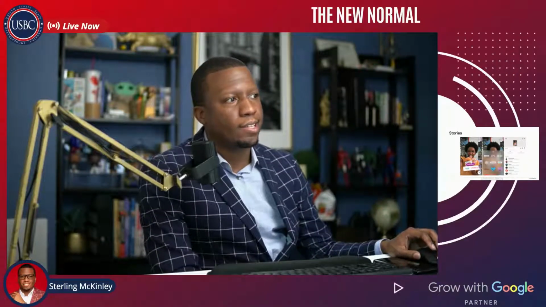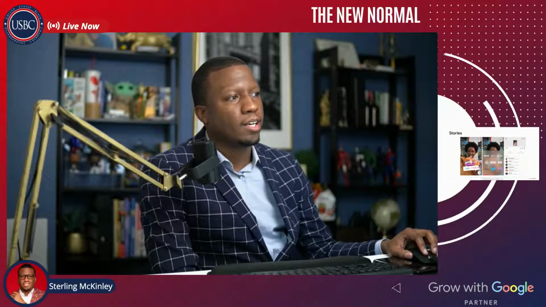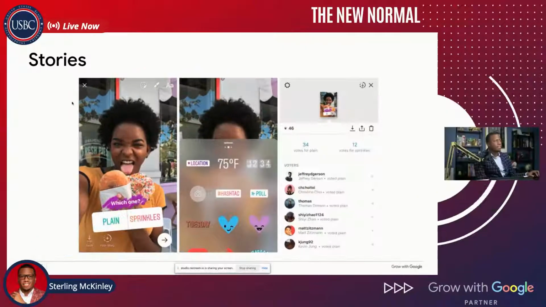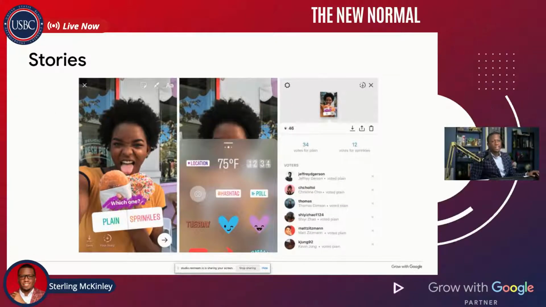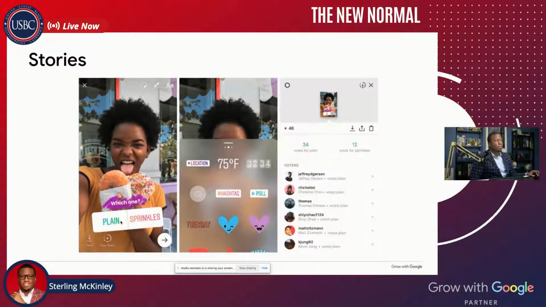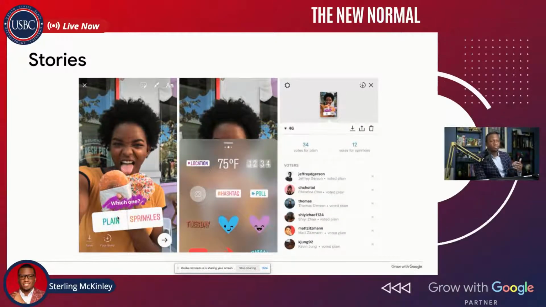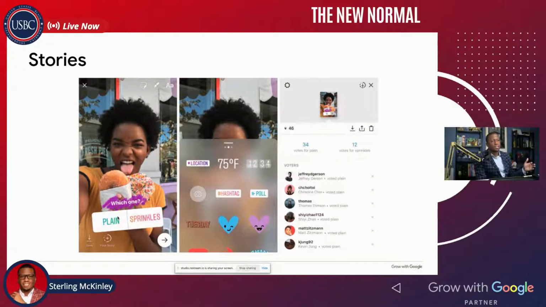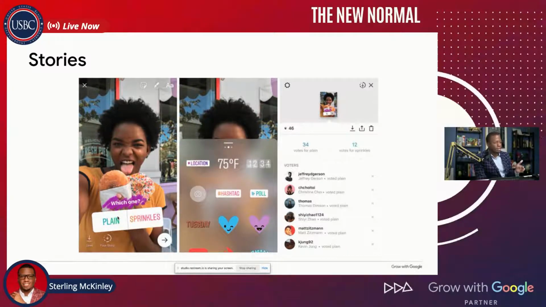That could be liking, that could be sharing, that could be this one. This young lady is eating a donut and she's asked which one, sprinkles or plain. So asking a question is a simple way you can have somebody press a button and have a poll. And when it's done, you can see how people like sprinkles and how people like plain donuts.